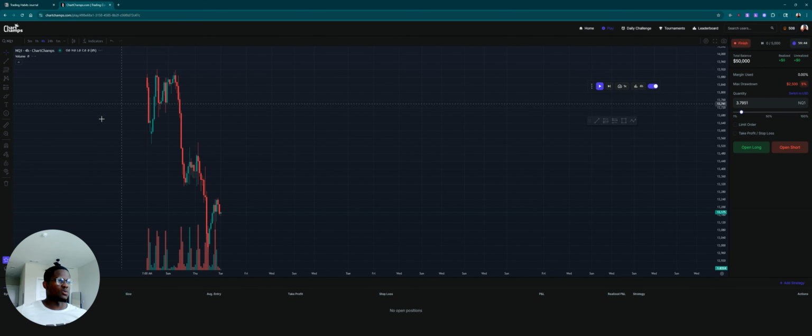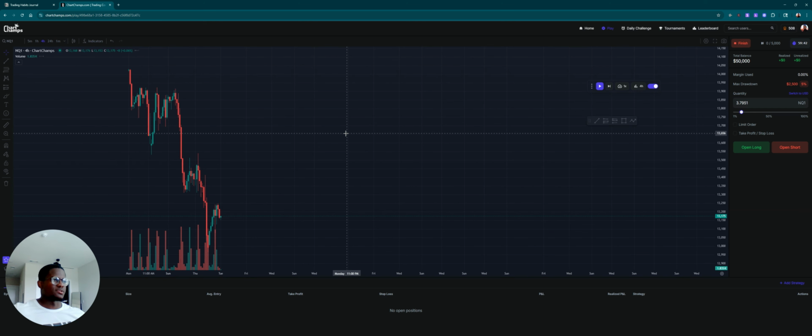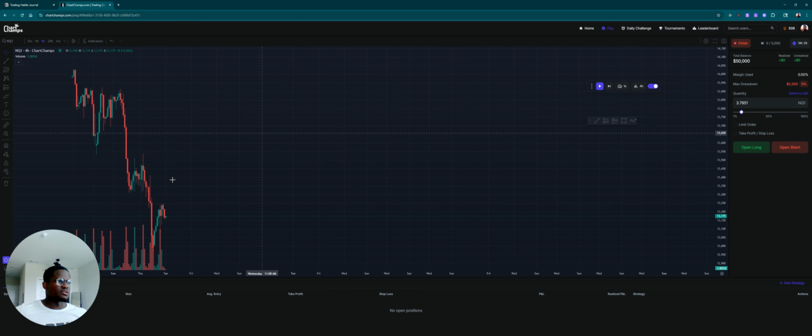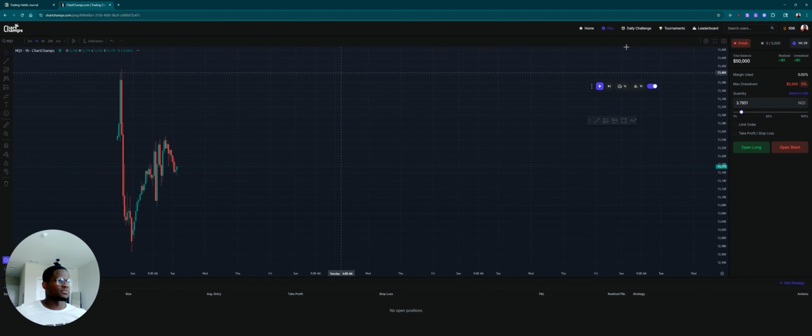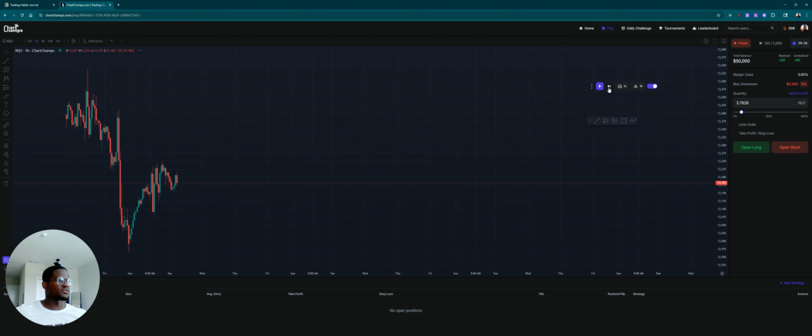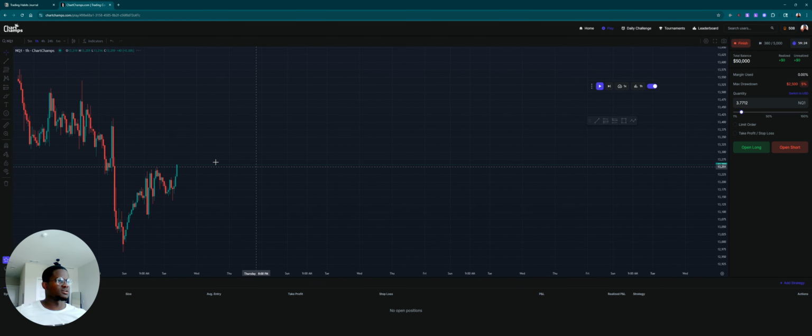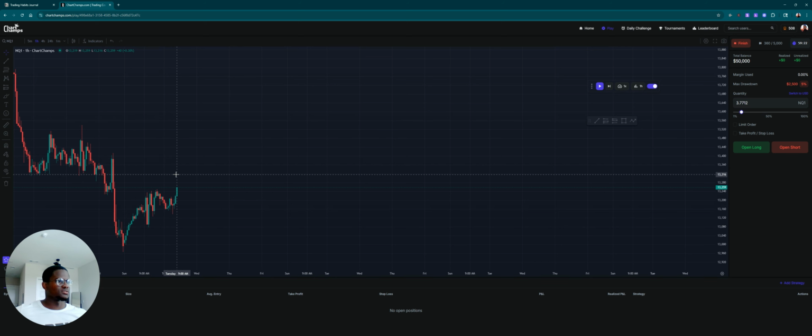See, again, it takes a while to load. ChartChamps is kind of buggy in my opinion from that regard. But anyway, we see a pretty clear downtrend. Let's remove the indicators. It's Tuesday at 3. Let's go 4, 5, 6, 7, 8, 9. So it's 9